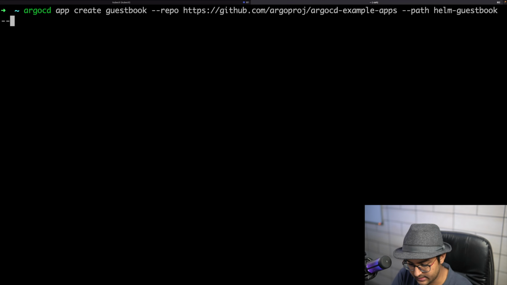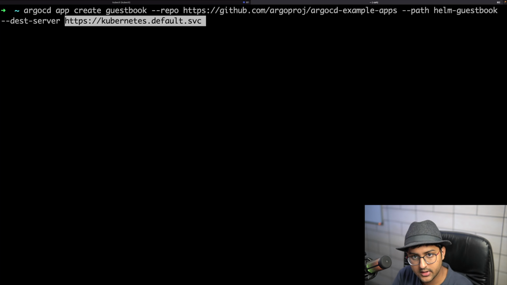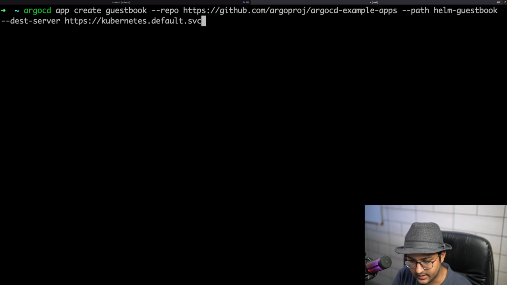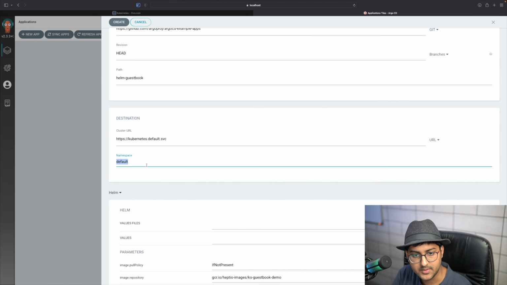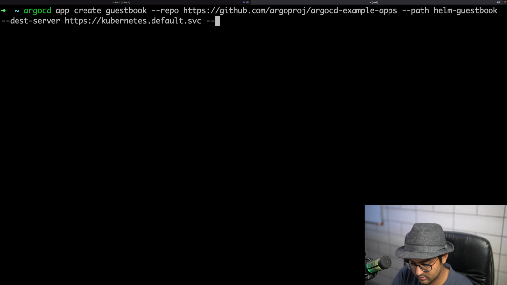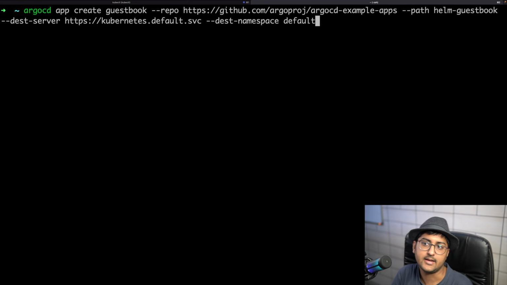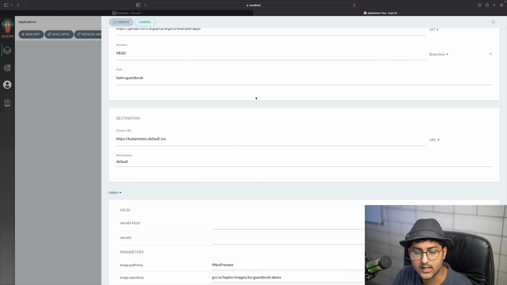These all things are given in the documentation, so you can check it out. Server added, and I think that looks good, right? No, namespace also. Destination namespace, like that. This is a command you need, but I'm just going to go ahead and click on create,